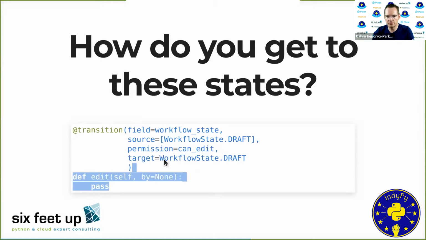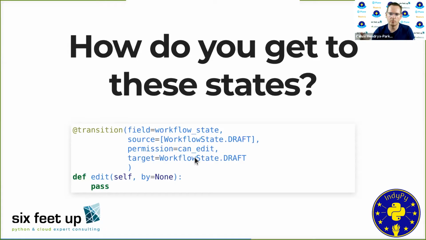Now there is an additional, I said the target is what workflow state this will go into if the transition is successful. If there was code inside this specific transition and there was some kind of exception handling, you can actually handle that and make sure your object transitions into a different state on error. So you can add an argument to this decorator called on error and specify another, maybe a dead letter queue or some on error state that you want to send the items to for processing.